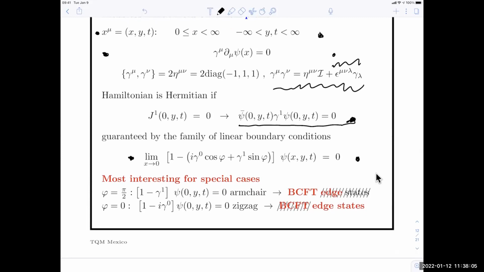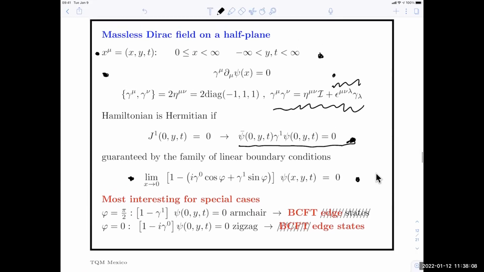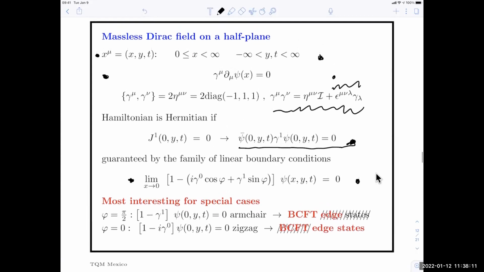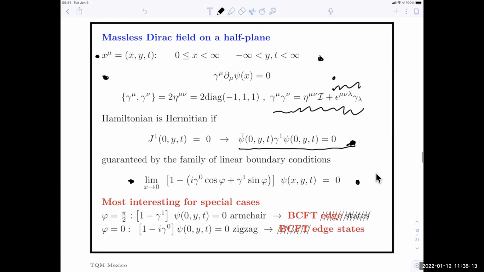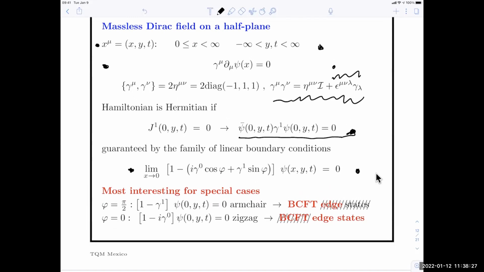I'm not sure that this family of boundary conditions can actually be found from graphene. I haven't worked through the details. I might conjecture that if you chop the graphene sheet at some incommensurate angles, maybe somehow you find this boundary condition, and maybe one can realize some of these angles. As a field theory, this boundary condition is most interesting at its extreme ends, and those happen to be the ends where the boundary condition describes the armchair and zigzag boundaries of the graphene sheet.